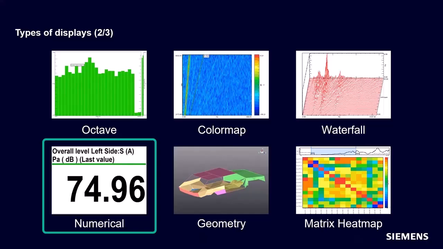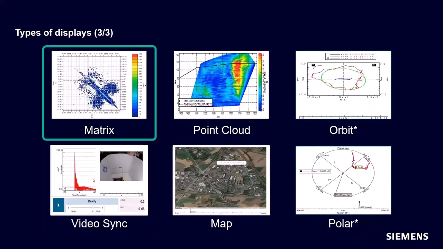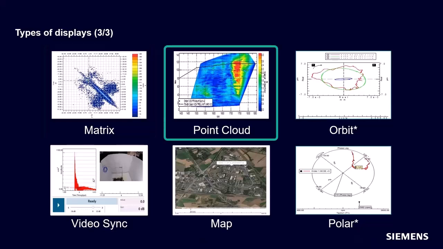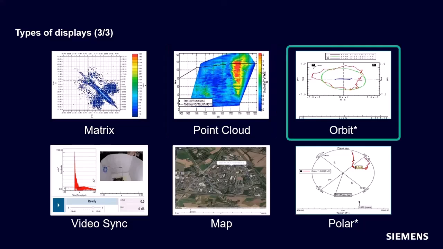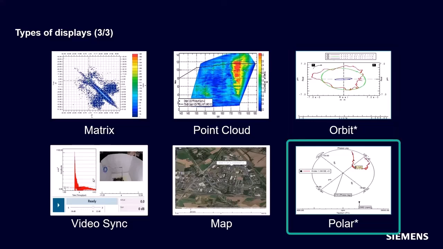Particularly for management, yep. A matrix, this is like a durability processing, rainflow matrix, dedicated display. Point cloud is where we can plot RPM versus load versus amplitude and pressure, so you can actually map out several runs of data and fill out this point cloud. Orbit plot, very good for doing shaft centerline plots where you're looking for vibration or displacement on a bearing for a shaft, as well as polar plots. This is rotating machinery. Essentially, if you're doing rotating shafts, you might want to look at a polar plot.